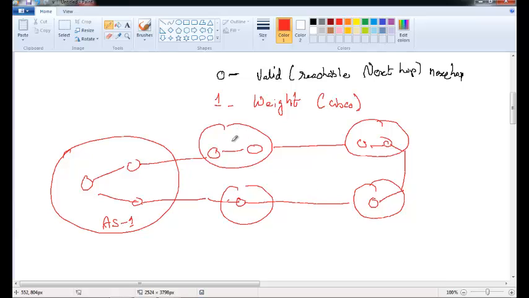So this is AS1, this is AS2, AS3, AS4, AS5. There are 5 autonomous systems. And this is router number 1, 2, 3, 4, 5, 6, 7, 8, 9. Right. Now,